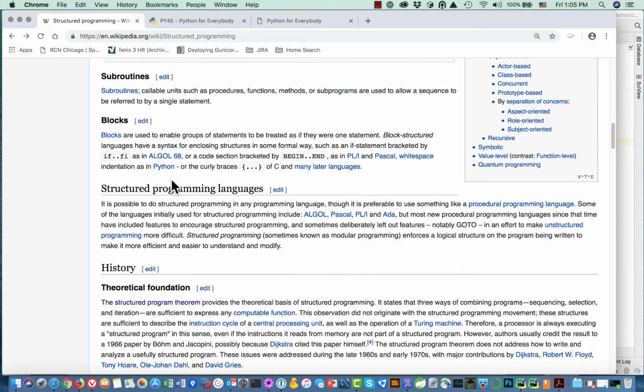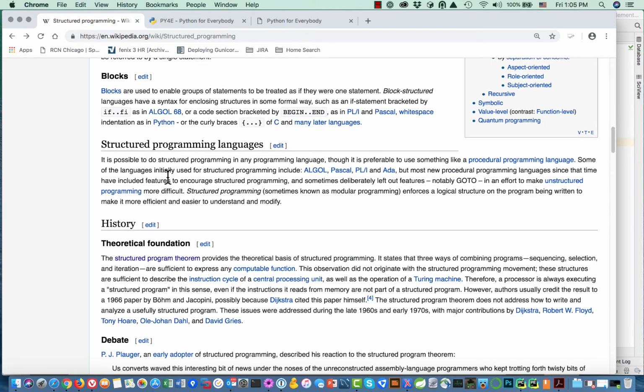So it turns out that modern programming languages are structured by design. So a programming language like Python is very hard to write unstructured programs in, okay? Primarily because they don't have the goto statement, but also because they don't have some other features that